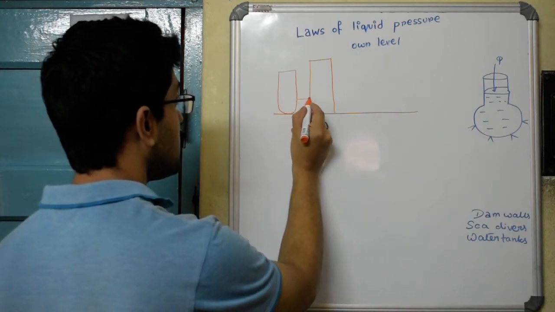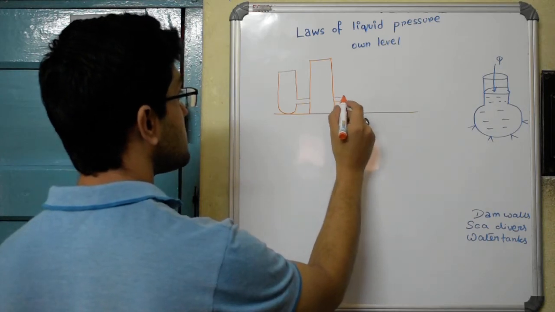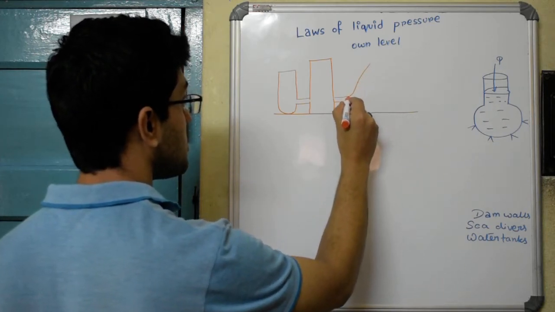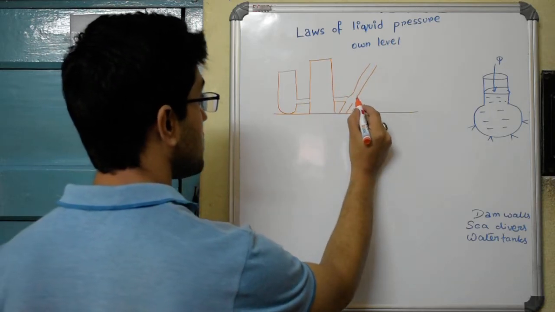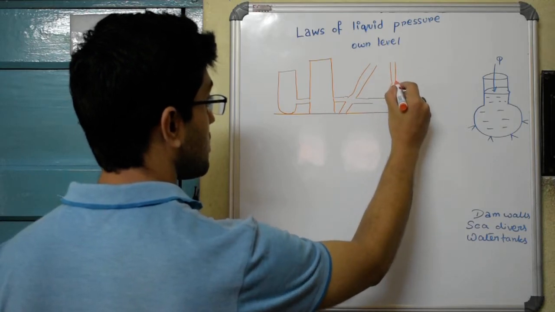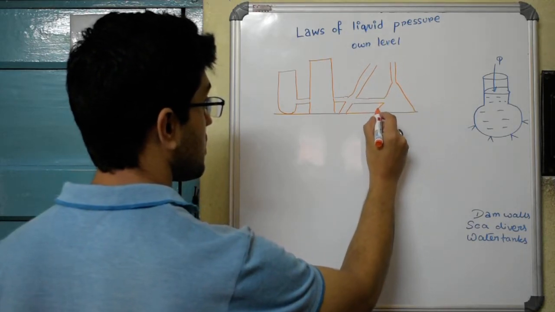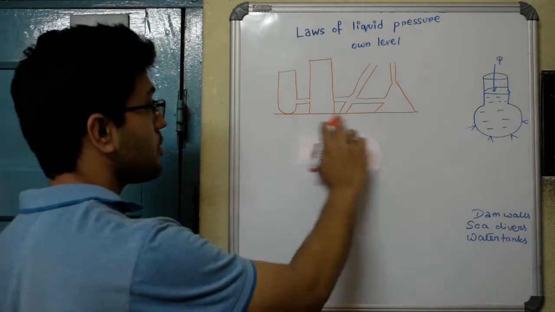Say all of these are connected with one another. Then I consider a bent glass rod like this. It is bent, curved. After that I consider a beaker like this. So these are 4 glass containers which I have kept on a table.